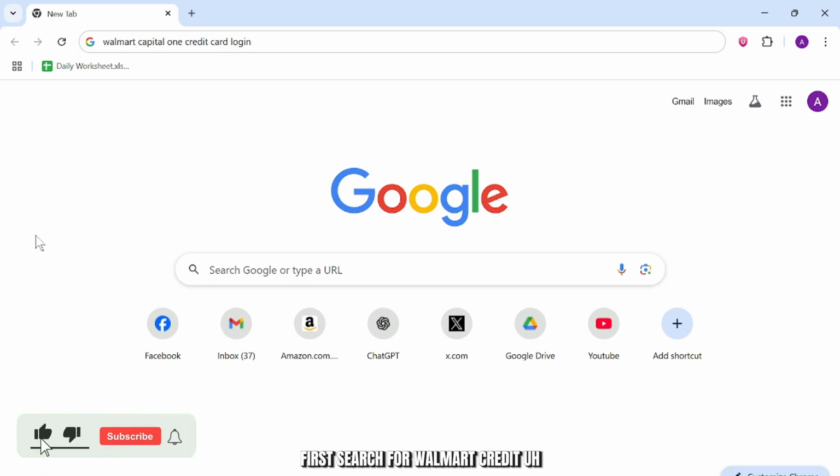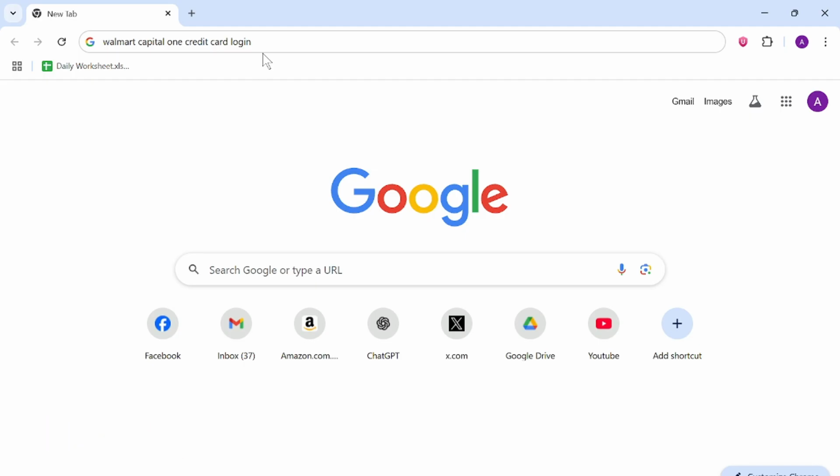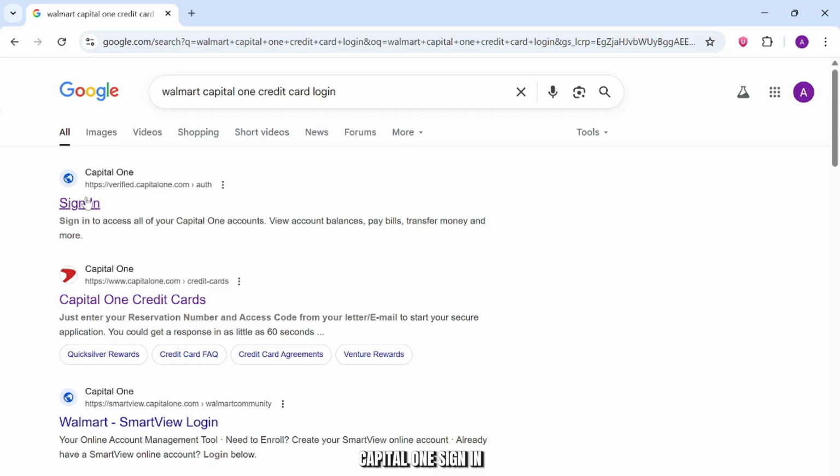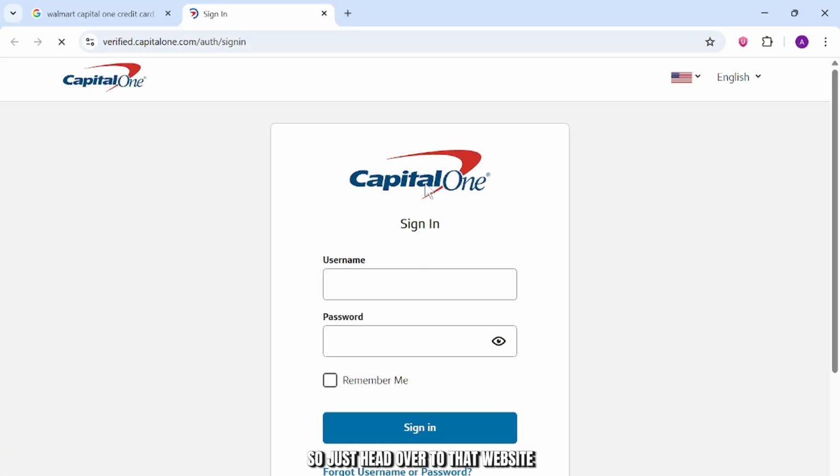First, search for Walmart Capital One credit card login on your web browser. So after you search for that, you'll find different options right here. What you'll need to do is head over to this option that says Capital One Sign In. So just head over to that very website, and all you have to do is log in into your Capital